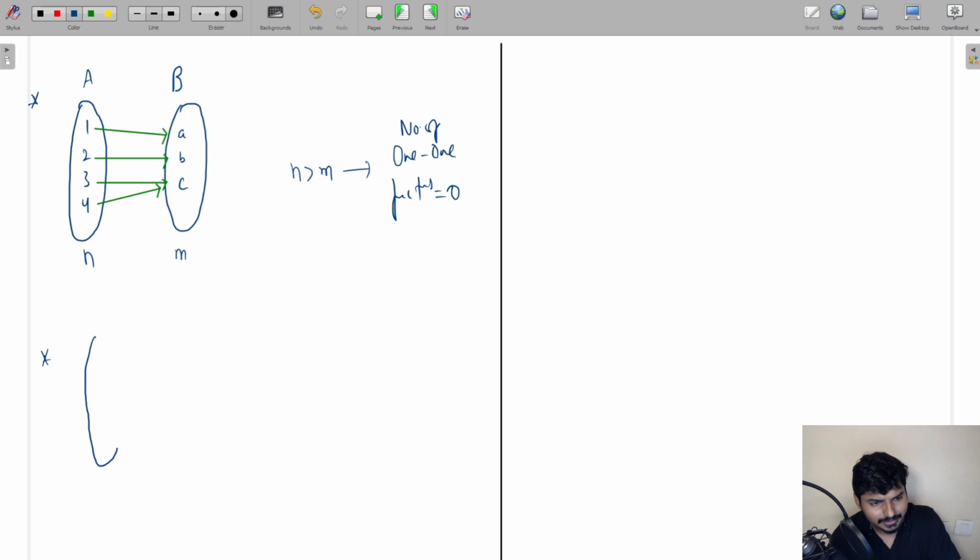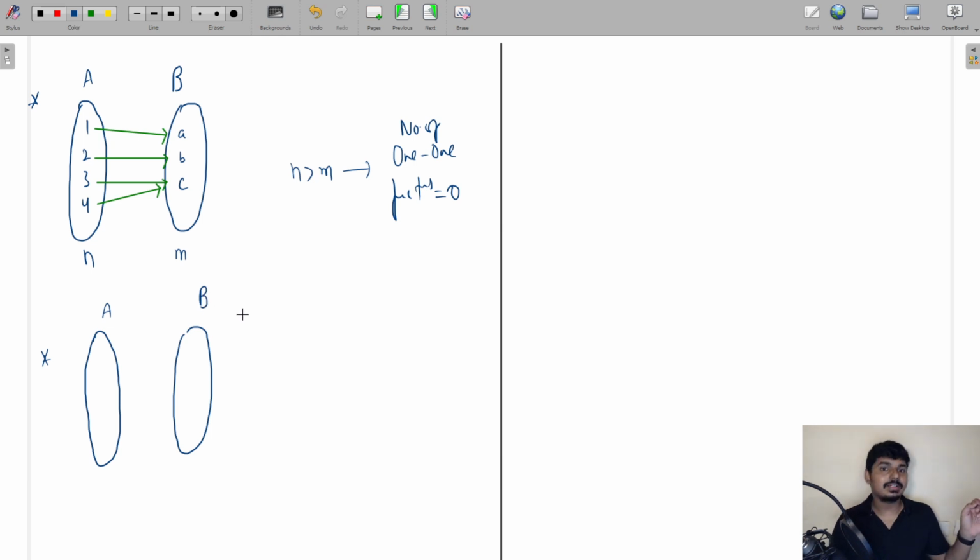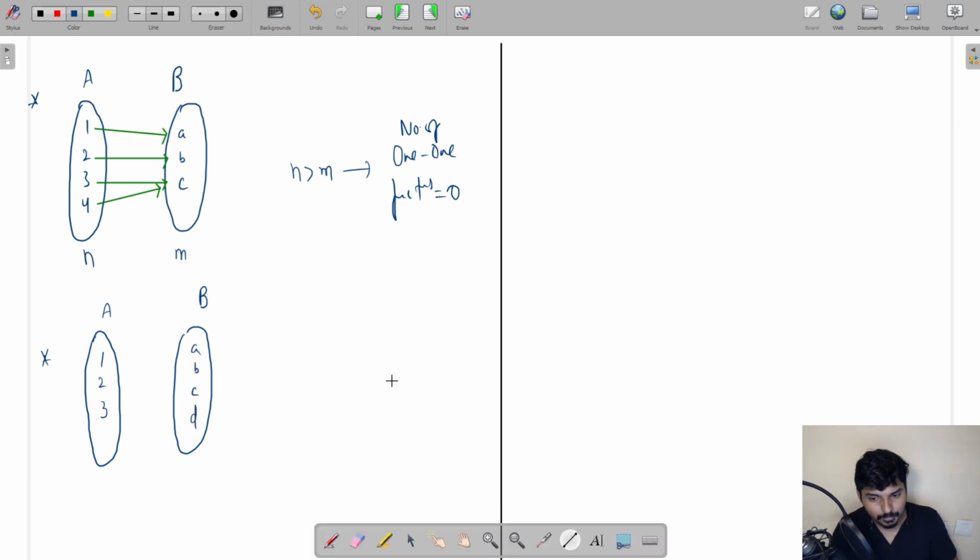You see here, again, let us say this is going to be your set A and this will be your set B. Now, everyone, let me take the elements in such a way that the first set will have fewer elements when you compare with the second set. So let us say set A is containing 3 elements, set B is containing 4 elements. Now, when you do the mapping, you do the mapping in such a way that you try to get an onto function. Will that be possible?